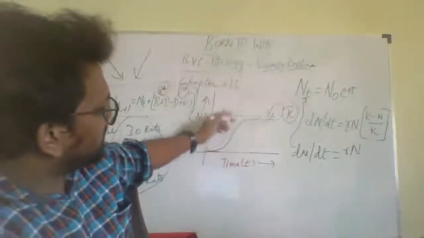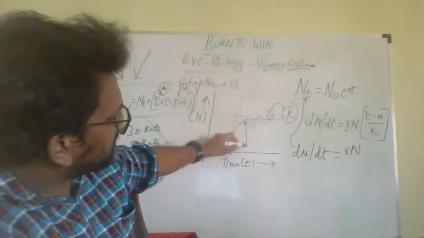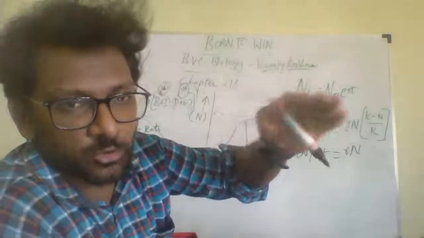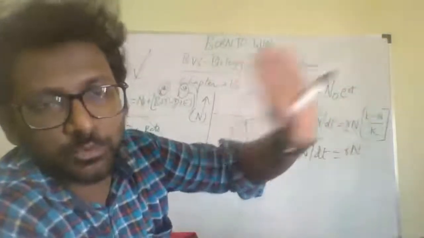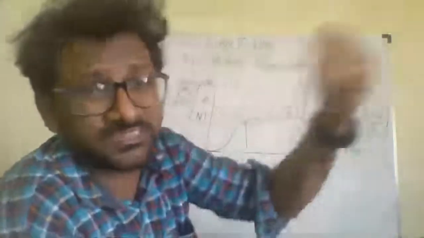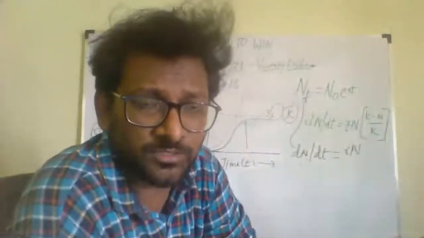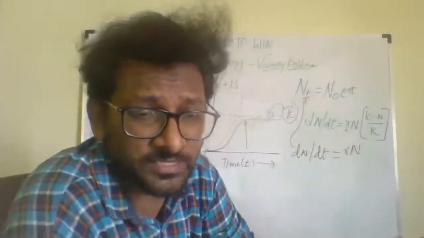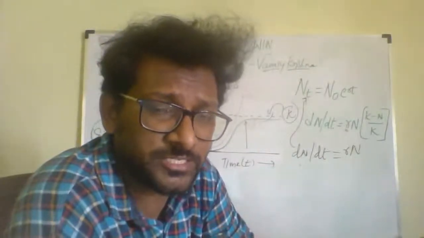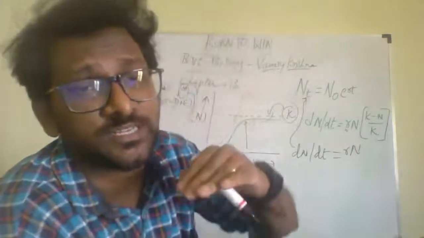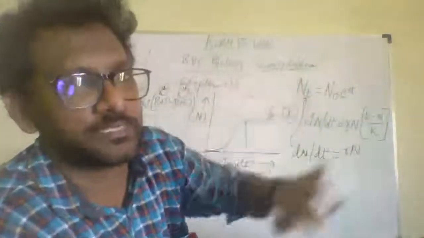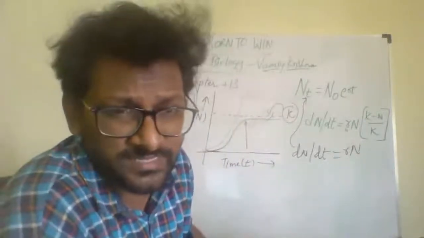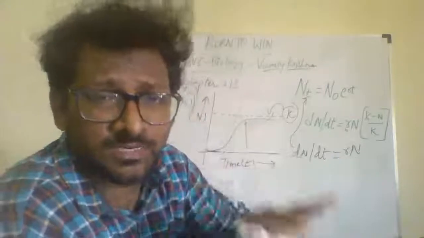It means that after a certain level, this graph goes into saturation. It means no increase in the density more than that. Beyond that density, there won't be any possible growth. That means the species have achieved the carrying capacity. They reached a certain level, carrying capacity, and there will be no further growth. Why is that? Because resources are limited.